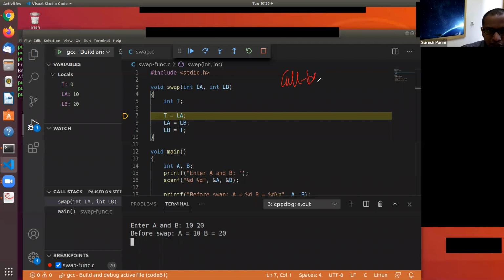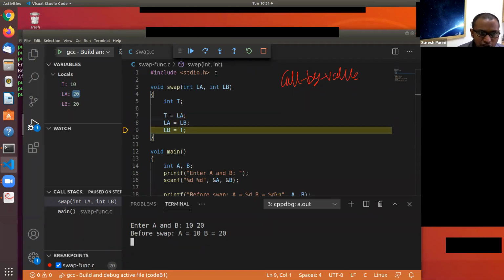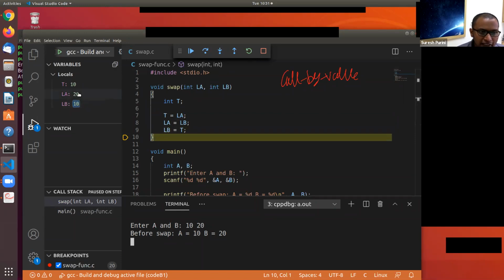So the value of A got copied into LA, and the value of B got copied into LB. So LA now contains 10 and LB now contains 20 when the function swap got called. And then this swap is happening. After we execute the three instructions, LA contains 20 and LB contains 10.